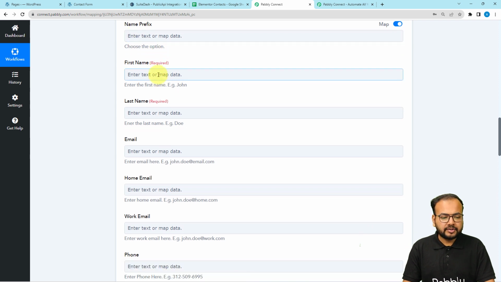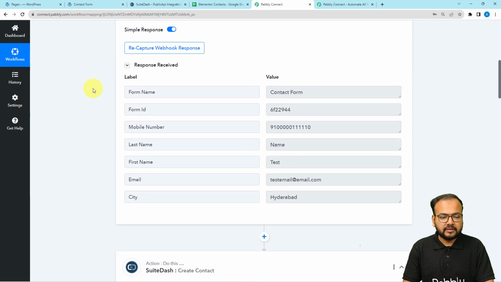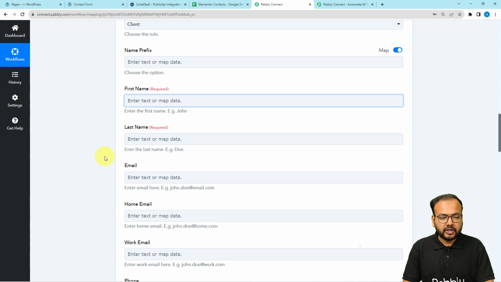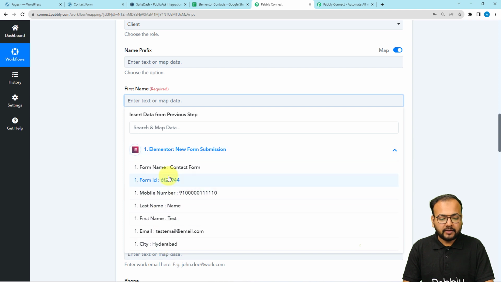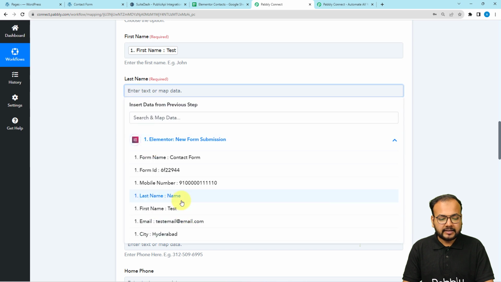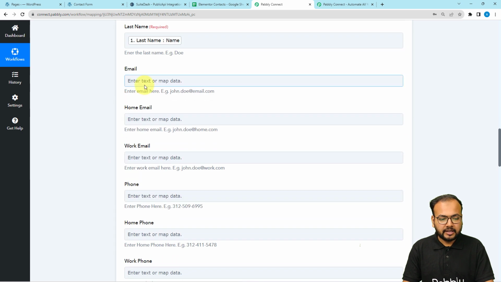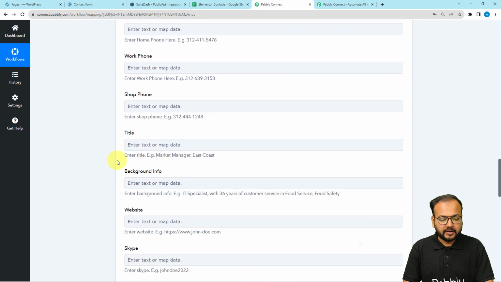Then it will ask for the first name and the last name. So just map the data from the previous step. Here you can see we have received the test data here. So to map the data here, you just have to click on any of these fields, and the previous step will appear here in the drop down like this. And when you click on it, you will find the data right here. So just click on this first name label to map it here. Then similarly the last name, the email address. Okay, and similarly you can